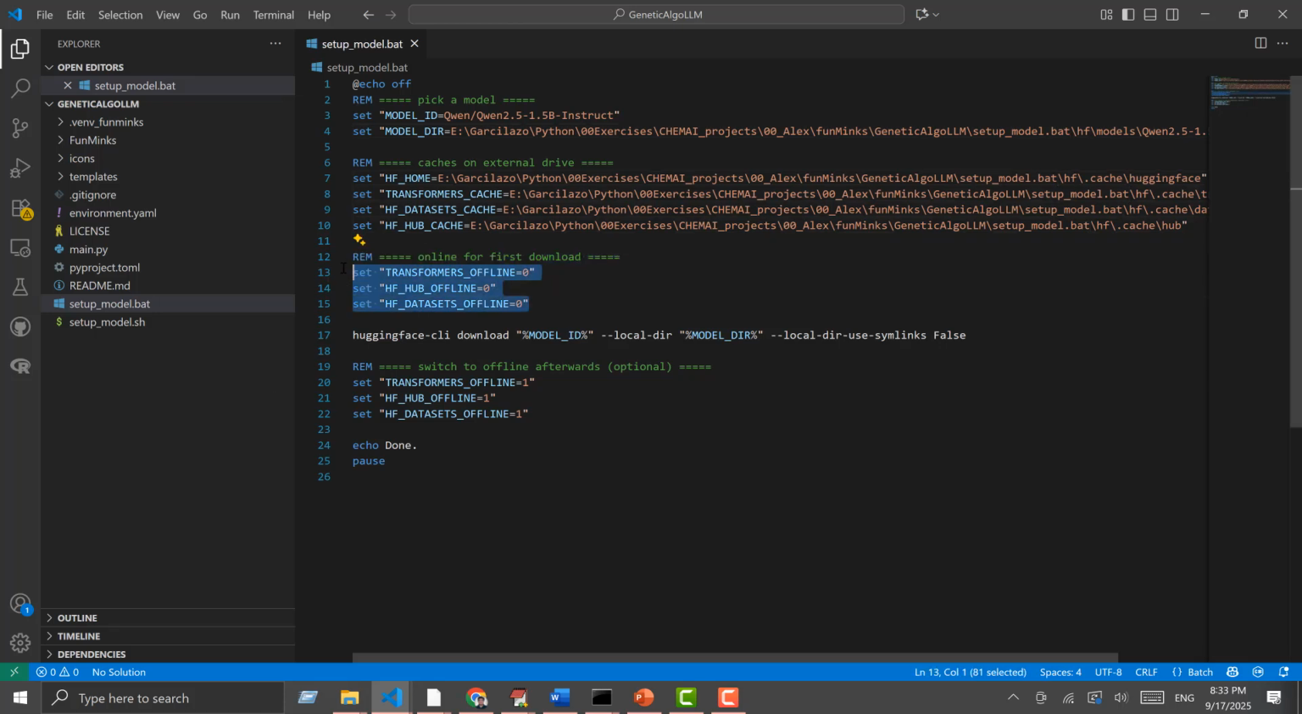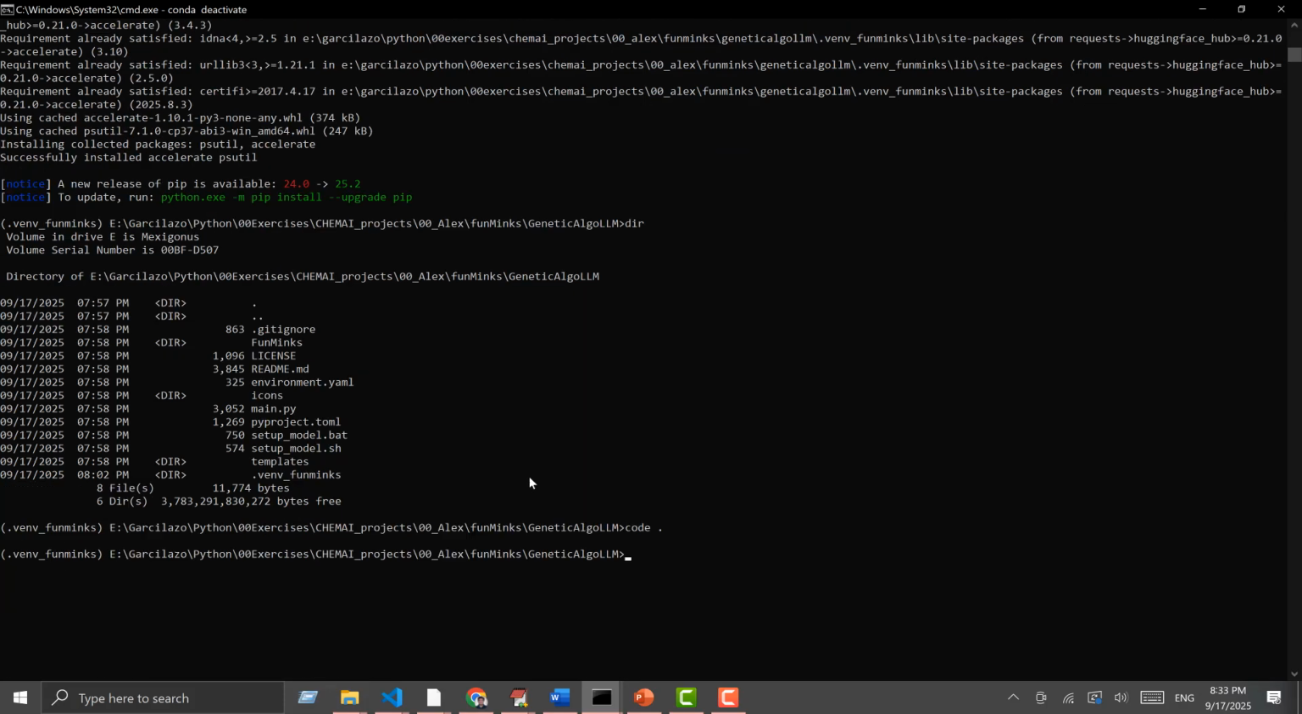Now, these ones over here stand for the availability of online resources from Hugging Face, and if we set them at 0, the package will attempt to download the models directly from the internet. If we set them to 1, however, those variables are telling Hugging Face to look for local versions of those same files. This one right here will be the one in charge of downloading the model in the model directory. I will simply go back to the terminal and then type setup